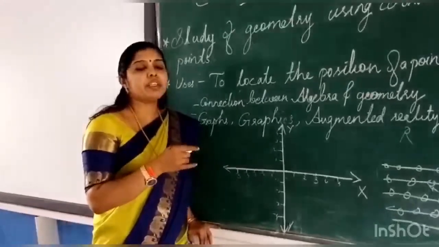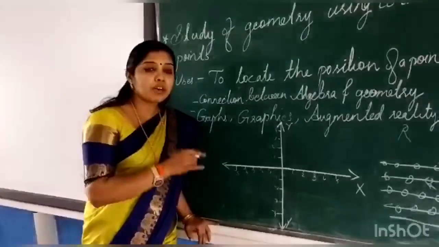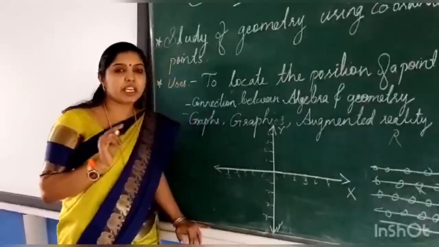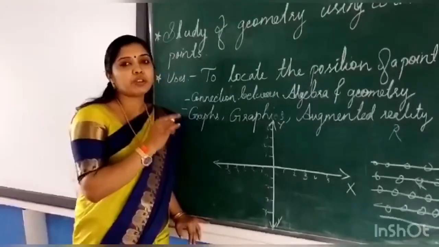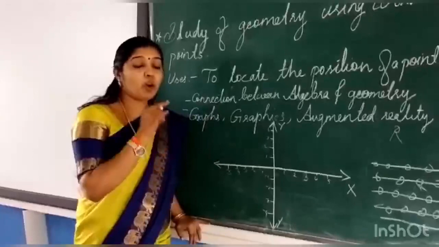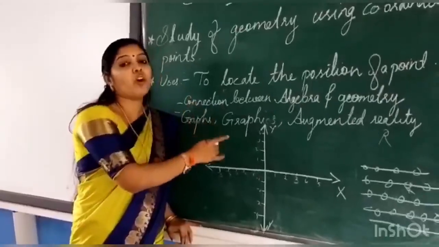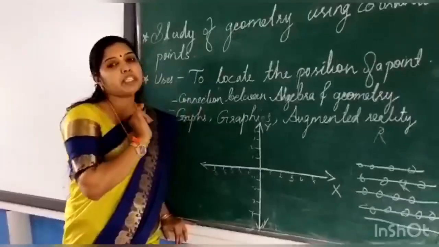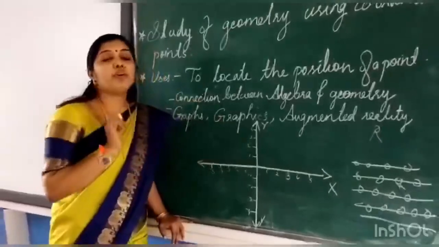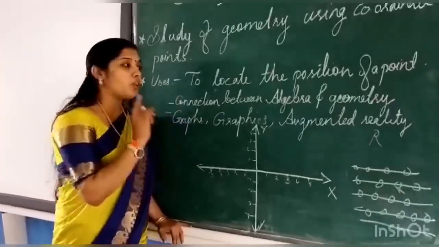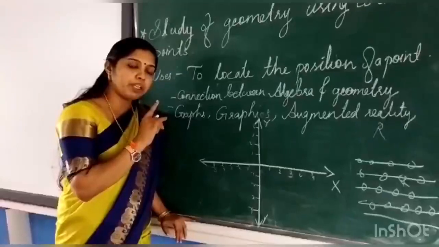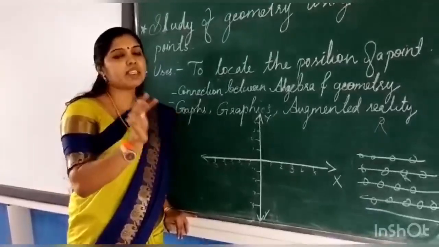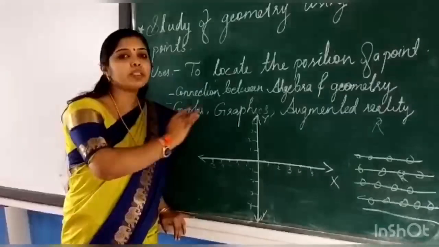Now a new idea is coming, not a new one nowadays, it is augmented reality. There also, what makes all this? This is the computer graphics, isn't it? Nowadays we can also do it on mobile using software, but all this works because of coordinate geometry, which helps us to make such software or to draw computer graphics. So coordinate geometry will open the door to this whole world of graphics, graphs, statistics, augmented reality, all such things.